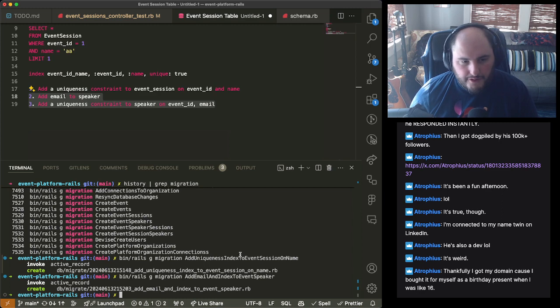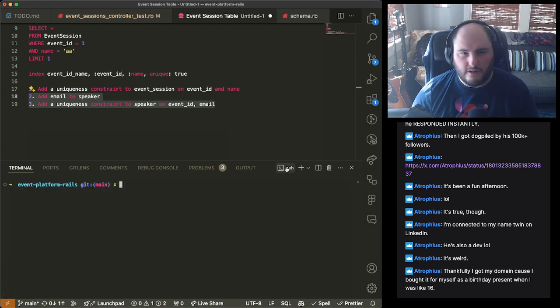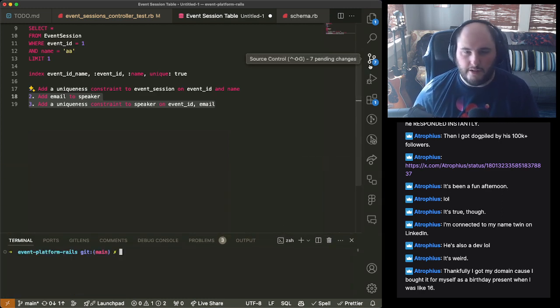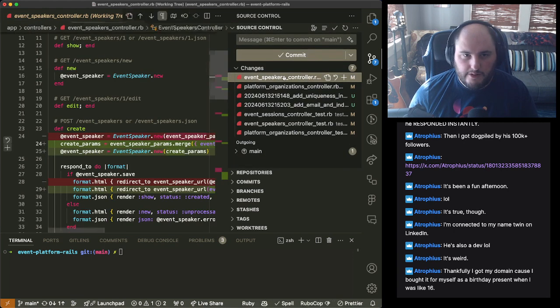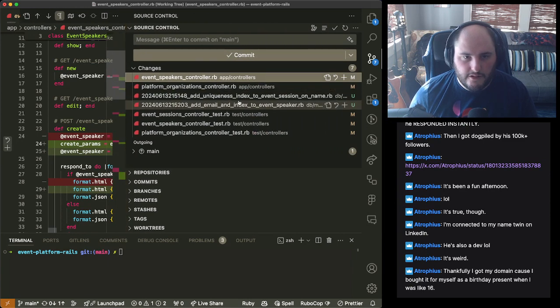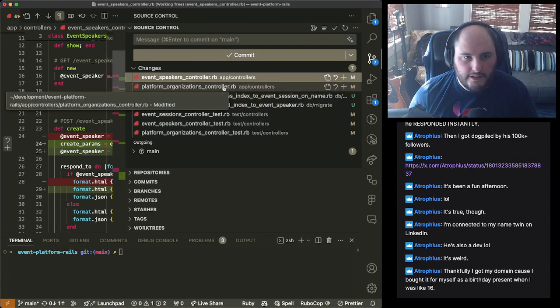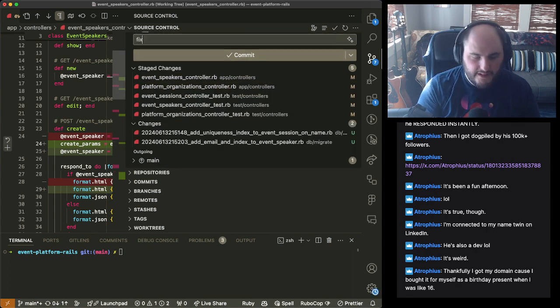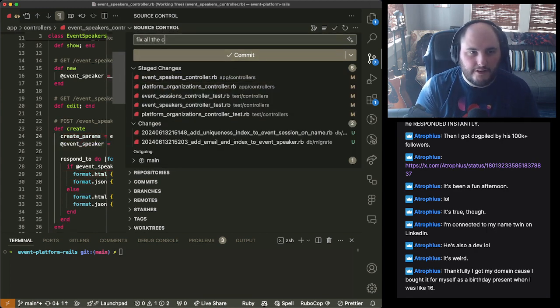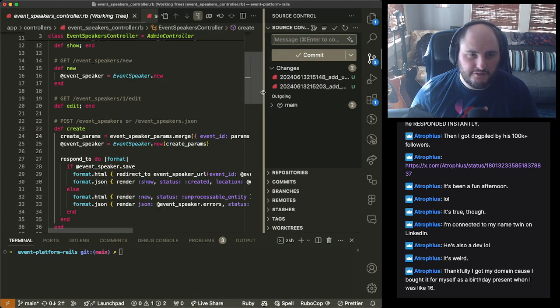So now we're going to have two different migrations. We're just separating them for cleanliness. Usually these would probably be two tickets on somebody's board, or if you're early enough in a project, that would just be something you do. And before we get too much further, let us fix all the tests. Yeah, we just fixed all the tests.